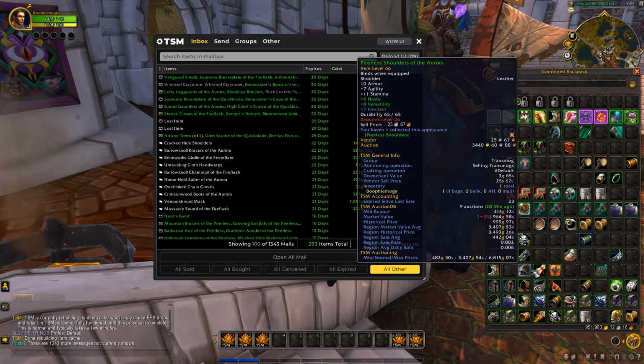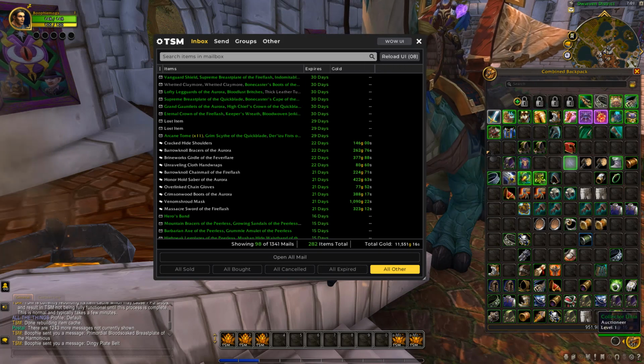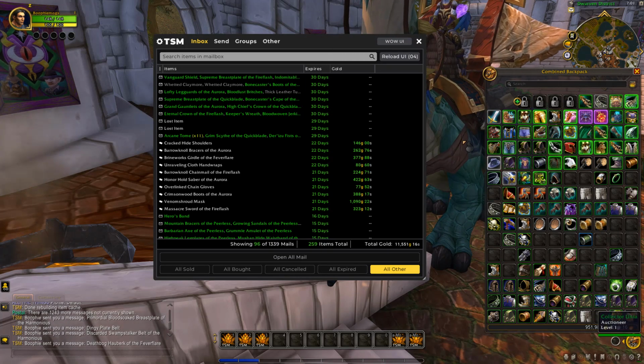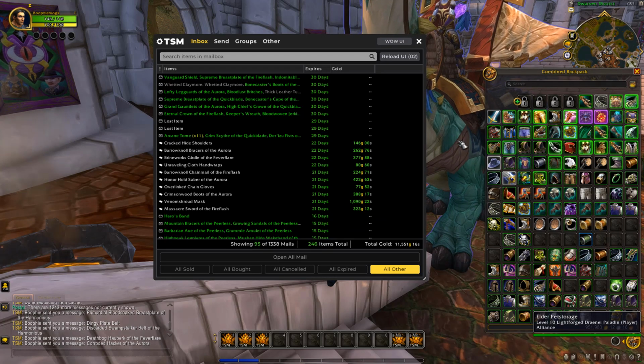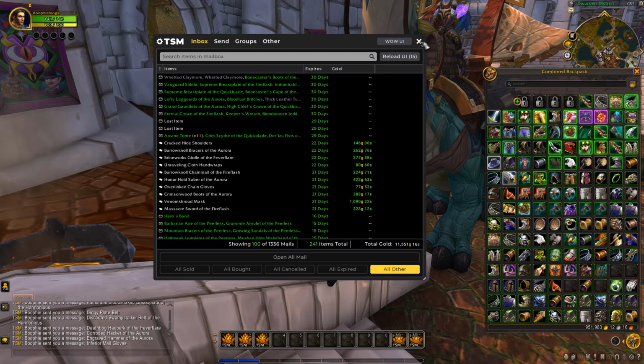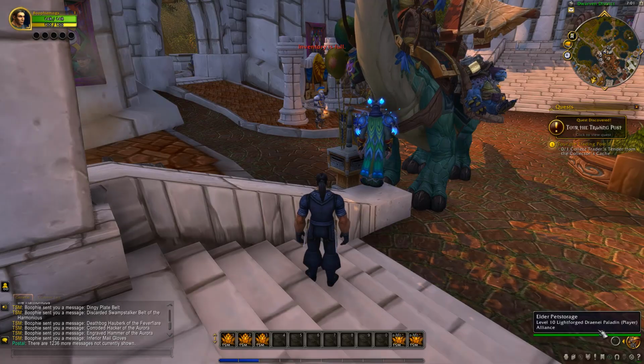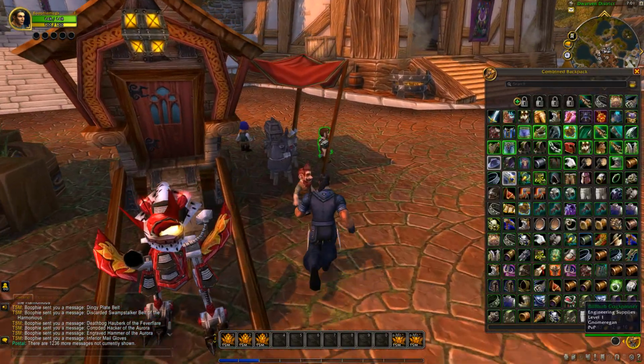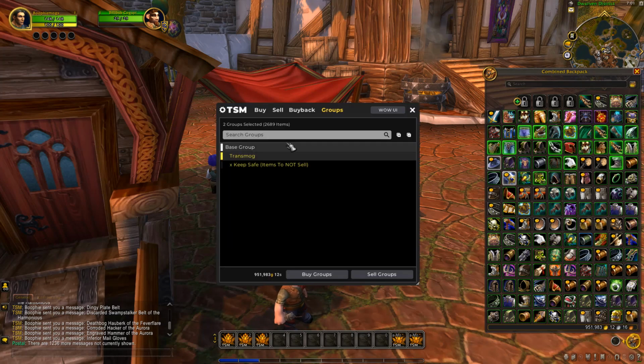We already had a few in our inventory, but what we'll do is clear these out and fill up our inventory, and I'll show you how to post them up on the auction house. It's super simple. Now what I like to do, in case any of the item prices have dropped the market value and it went under 100 gold, I always like to come over to the vendor